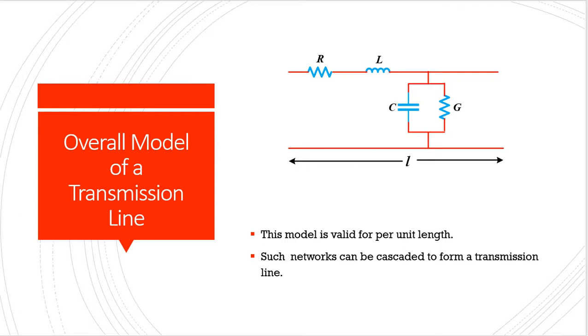Okay, so we can get the overall model of a transmission line by applying this, but most of the time we ignore the value of conductance, and hence we do not consider the conductance, and in short transmission lines we often ignore capacitance also. But how these values are taken into account or how these values are removed, I will tell you in the